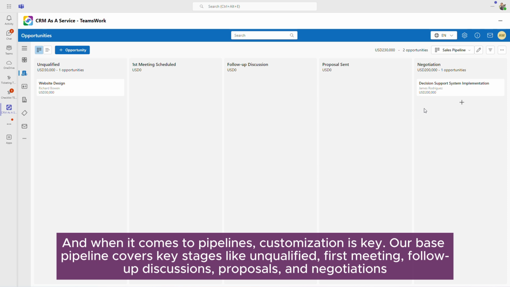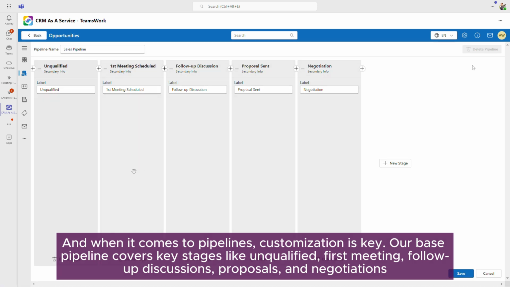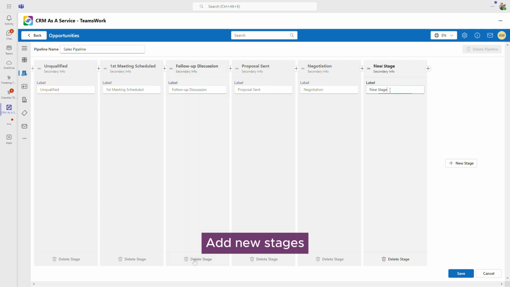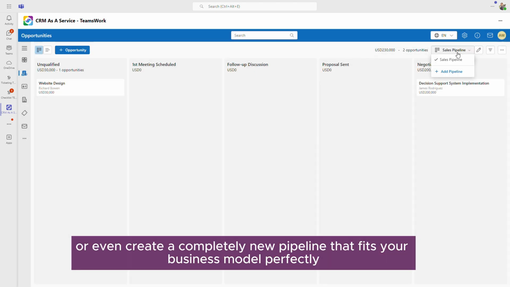And when it comes to pipelines, customization is key. Our base pipeline covers key stages like unqualified, first meeting, follow-up discussions, proposals, and negotiations. But here's the best part: your pipeline can be fully customized. Add new stages, remove the ones you don't need, or even create a completely new pipeline that fits your business